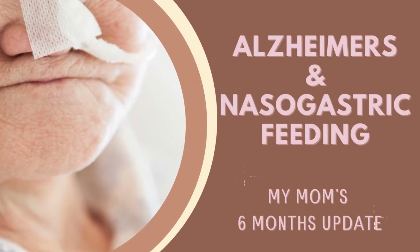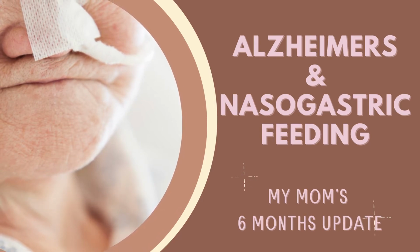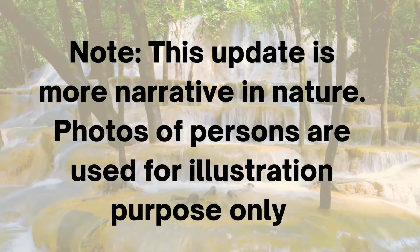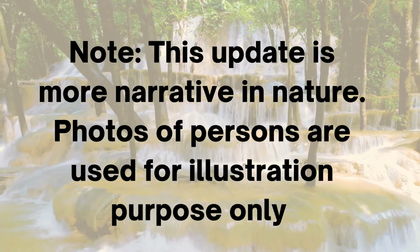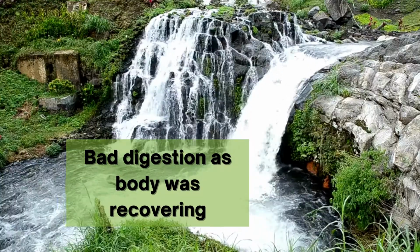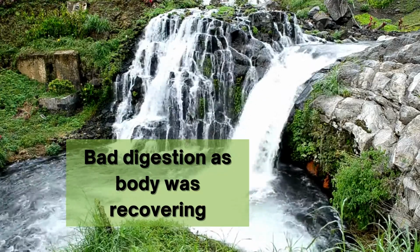It's about 6 months since my mother, who has end-stage Alzheimer's and dysphagia, or difficulty in swallowing, has been placed on a nasogastric tube. So I thought of doing an update on how she's getting on. Initially, when we brought her back from the hospital and started placing her on nasogastric feeding, her digestion was